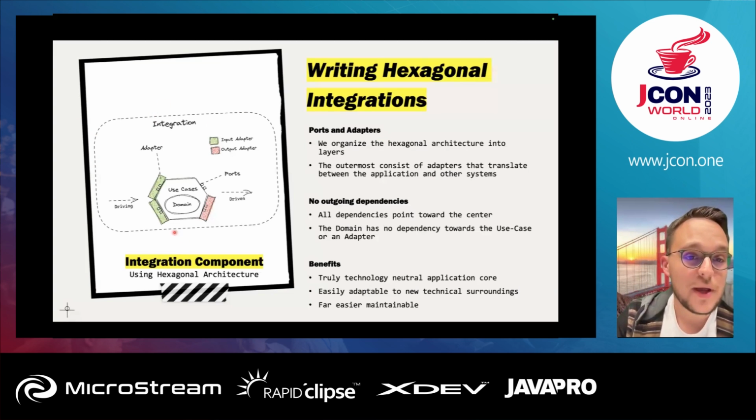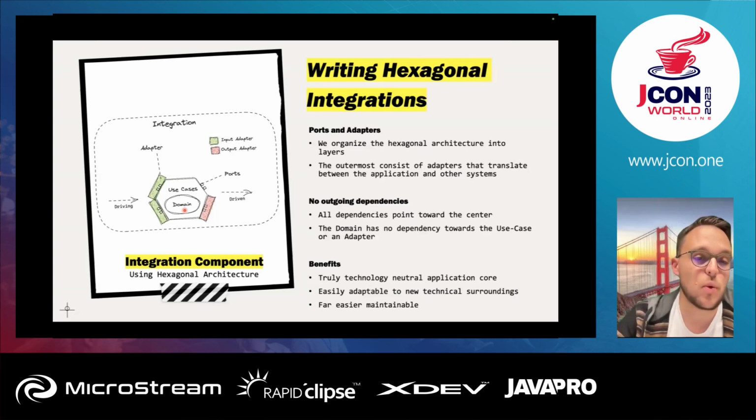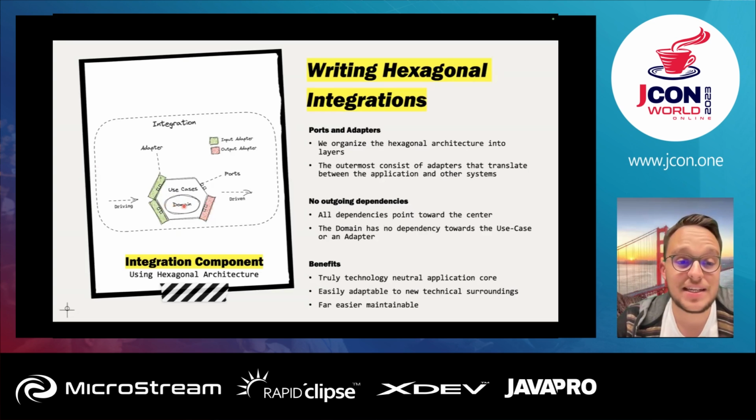As I wanted to say, we will start from the domain. So we do have our domain objects, which don't have any outgoing dependencies, and all of them point towards our center. So our domain isn't dependent on any kind of driving or driven systems. For instance, there is no dependency to our relational model in the database. We purely focus on domain objects, and these objects are surrounded by use cases,